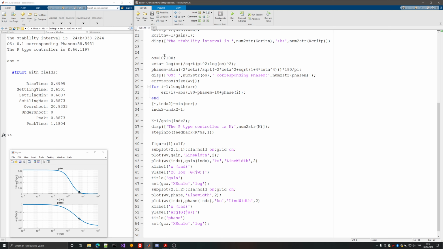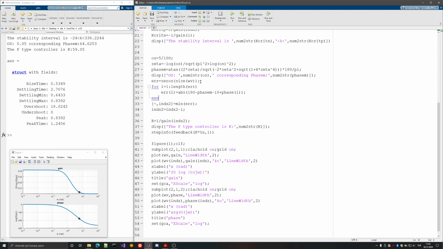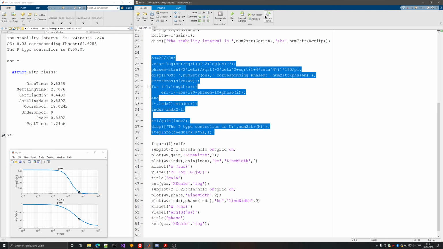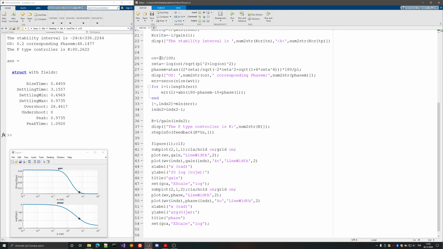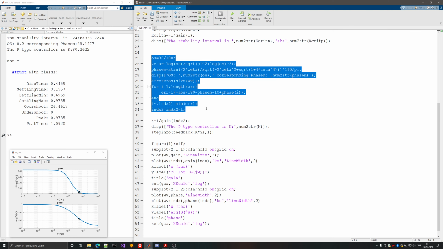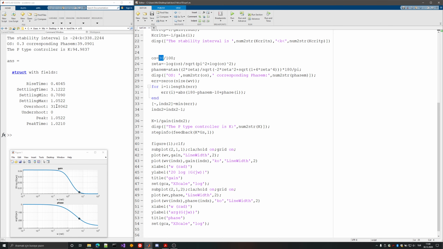So that's another thing. Maybe let's, for example, change it so that we have a lesser overshoot, and you can see that it's not decreasing as expected. But let's say we want to have 20% overshoot, so this is very bad. It is 26%. Maybe it works a little bit better in the area where it is close to the stability point. So kind of problematic. You can see now I have 30 degrees, and this is 31 overshoot value. So basically what I'm trying to tell is it doesn't work that well in the design area,